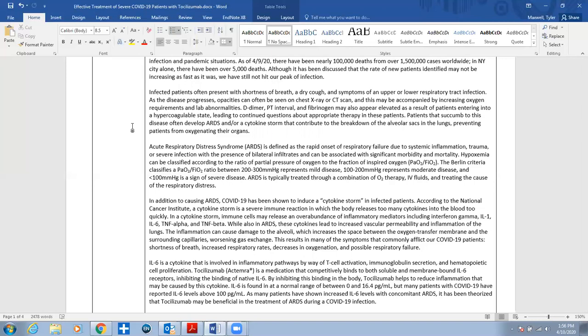and this indicates they're entering into a hypercoagulable state. Because there's so much we're still learning about this virus as we continue to treat these patients, it leads to continued questions about the appropriate therapy. So whether it's anticoagulation, ACE/ARB therapy, or NSAIDs, we are learning more every day on what we really should be treating